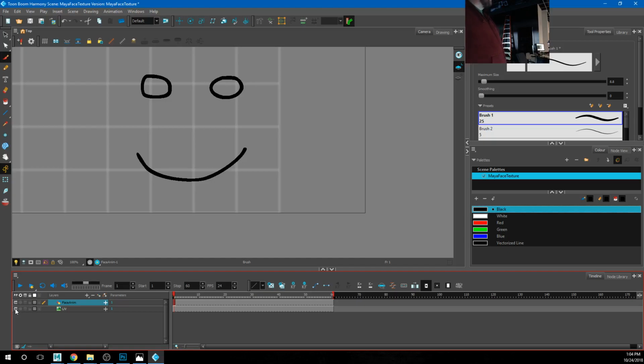So in Toon Boom, I can just start making new drawings, right? So let's say I needed my character to make an O shape, or an ah shape, right? Bless you. If I just go out here, let's say that animation happened on frame 10. If I just go out here and start drawing on it, it's going to affect the entire drawing, right? So what I have to do is create a duplicate of this. I can create a completely blank frame and just redraw everything from scratch by clicking this button. But what I really want is to make a duplicate of this frame that I can edit without messing up the other one. So if I create a duplicate frame,